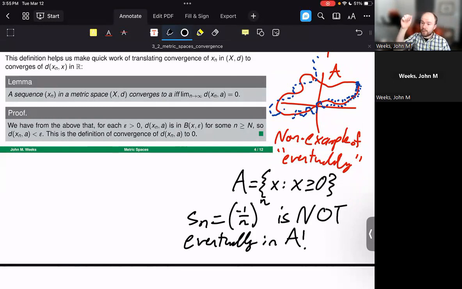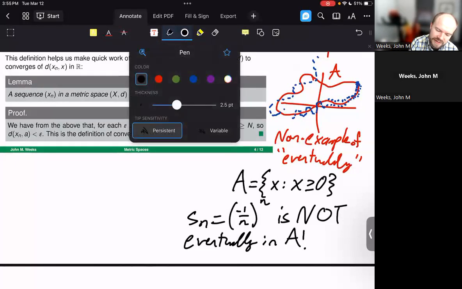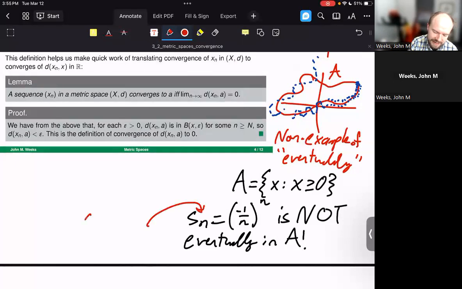So here you're getting really, really close to the value of 0, and you're getting there rather quickly because of this n^n business. However, this negative that's going on here is saying I'm constantly flipping in and out of the set of x being greater than or equal to 0. So even this sequence is not eventually in A. We'll give this a different term. We'll say that S sub n is frequently